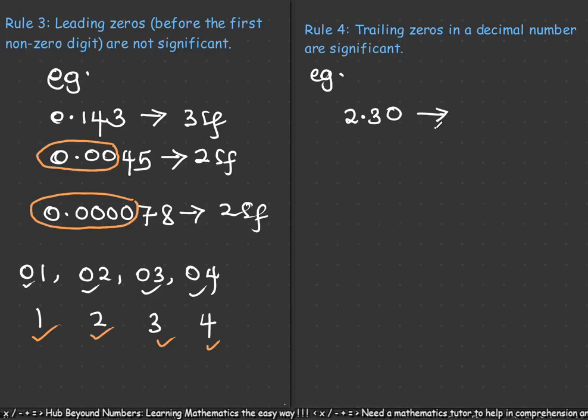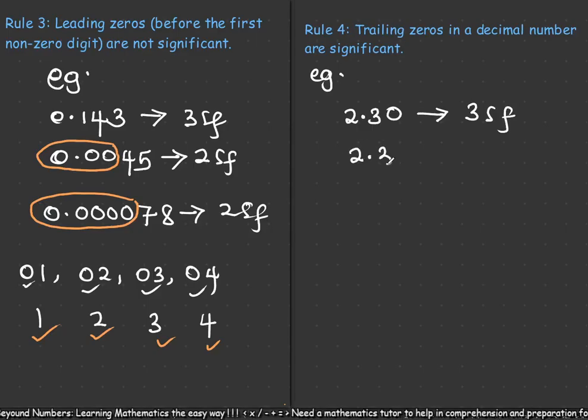And you would have to take note of this rule because it would really be needed when we want to write certain digits in decimals to a specified significant figure, you see. So trailing zeros in decimals are actually significant. Hence, for this, we have what? Three significant figures because this is 1, 2, and 3. This zero is significant. On the other hand, if we write 2.3, this one here has just got two significant